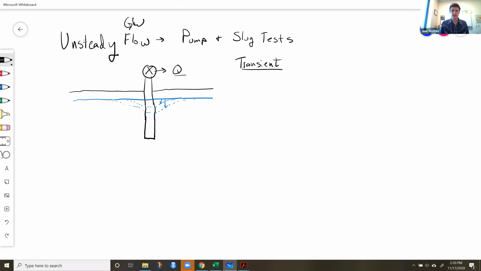So we'll talk about unsteady flow just at a conceptual level. There are a lot of ways we can calculate, for example, hydraulic conductivity and transmissivity. Those are the two things we talked about in the last lecture, which are properties of the aquifer as well as the fluid. And so the reason why we do these unsteady flow tests is to estimate properties of the aquifer. There are other properties too, but these are the two I'm going to talk about.